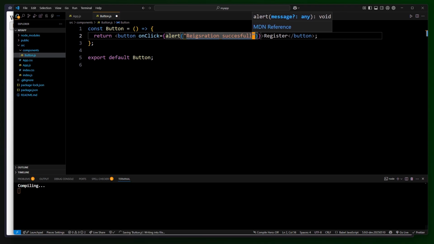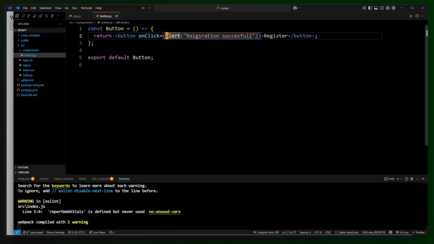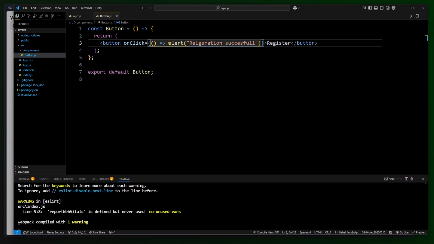Likewise, I'll be having something. So this is the alert method and this accepts a function. This is again an arrow function. Okay, this arrow function has an alert method. This is supposed to get executed. The spelling is not right, so let me correct it. Registration